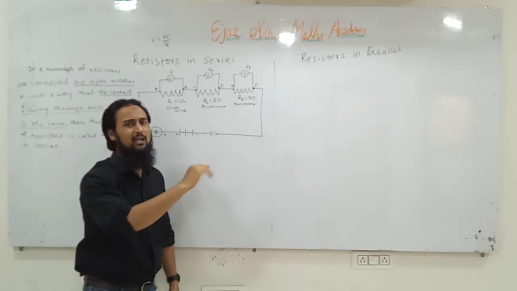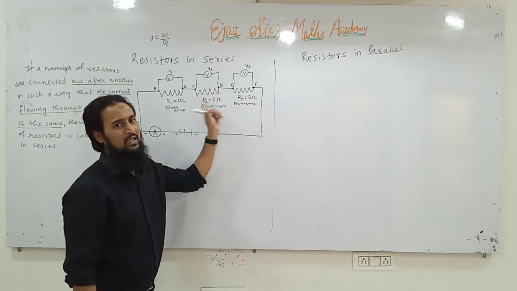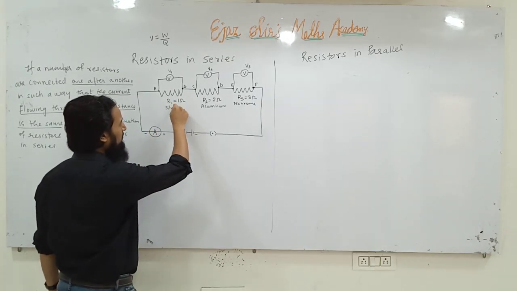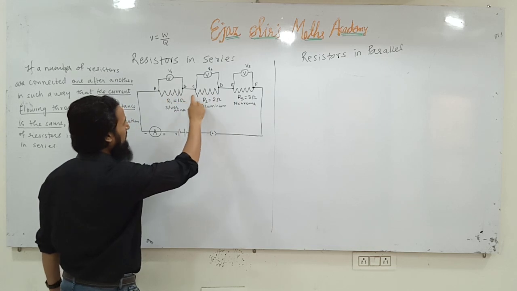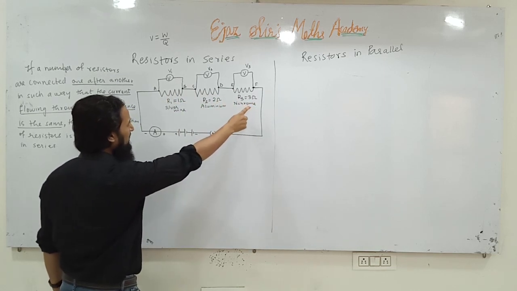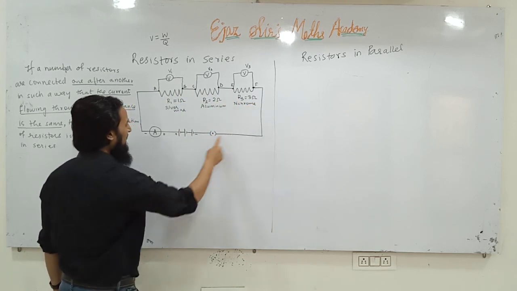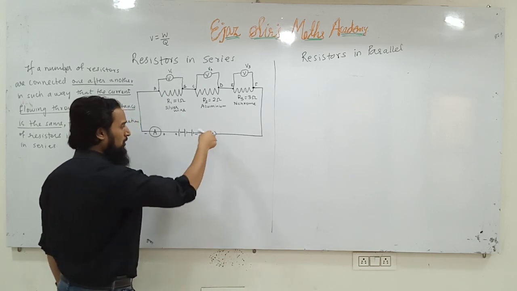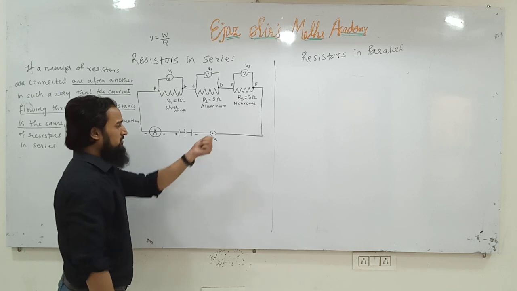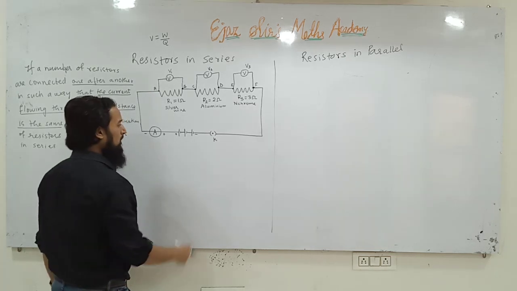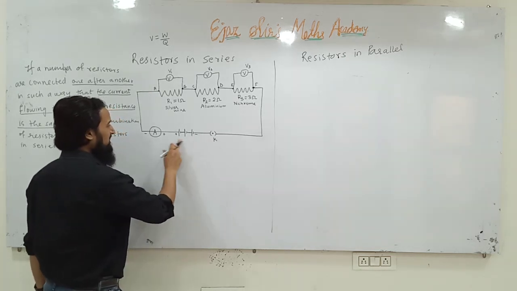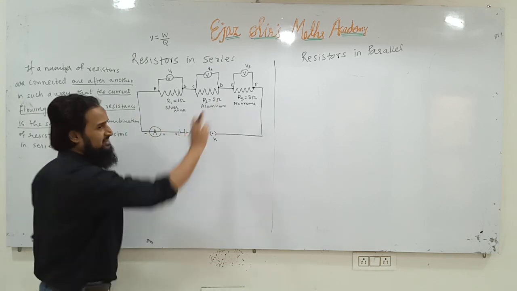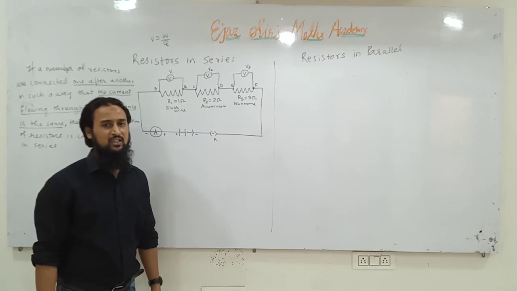Do not write anything about their values. We will consider the values later on. Right? Resistors R1, R2 and R3 are connected one after another, so they are connected in series, and this K is the key switch, key open or closed. Here the key is closed because we have inserted the key into the hole. This is the battery and ammeter. They are connected in series, and these three resistors also are connected one after another in series.